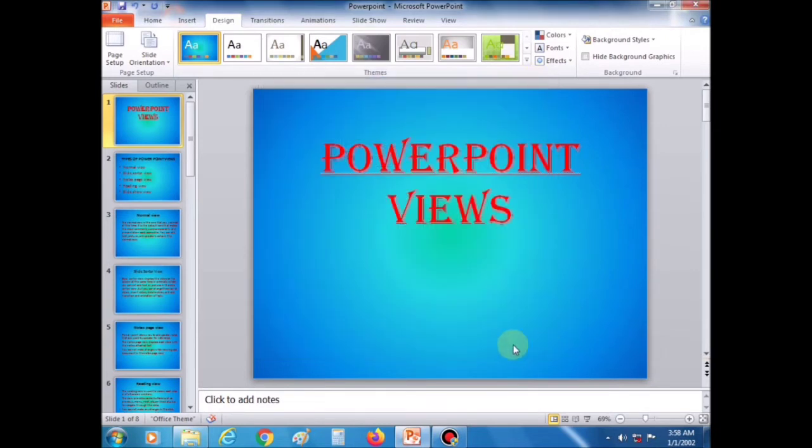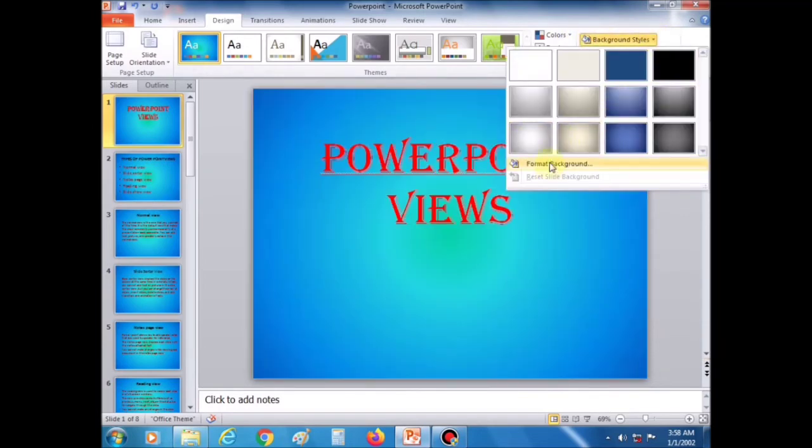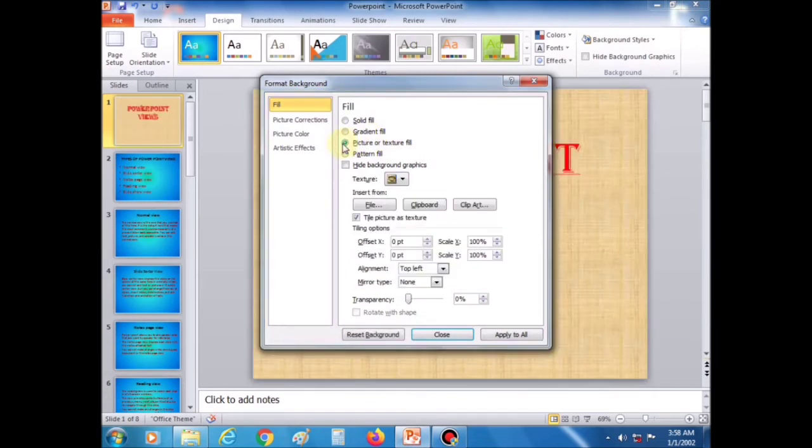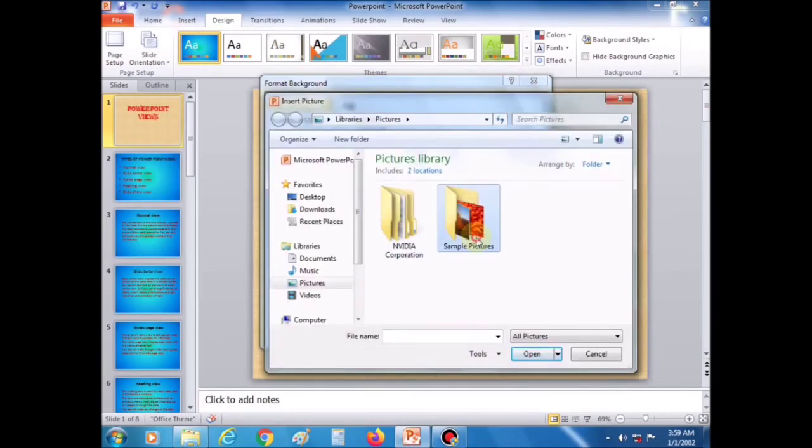Now next is to use a picture as the background of a slide. Click the Background Styles button, then Format Background, then click the picture or texture fill option. Now click the File button under the Insert from section. The Insert Picture dialog box appears.